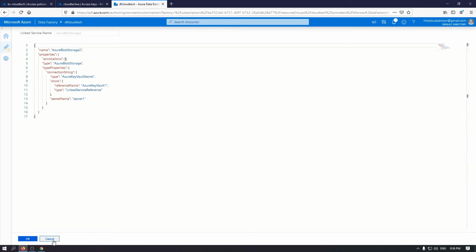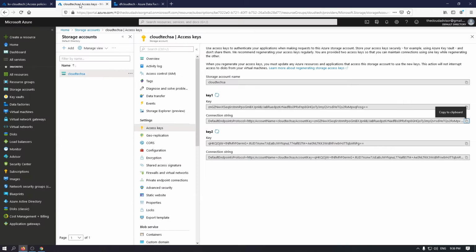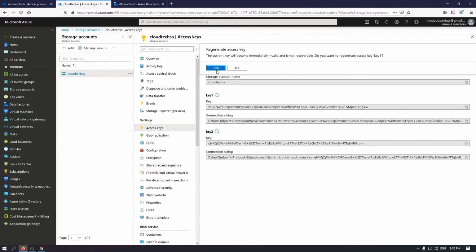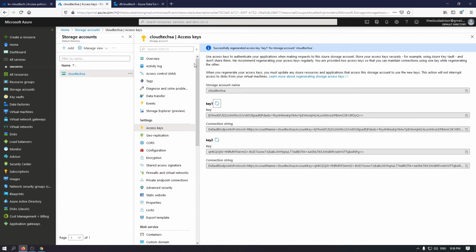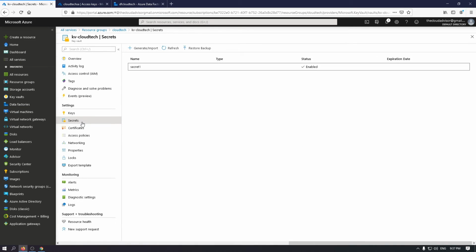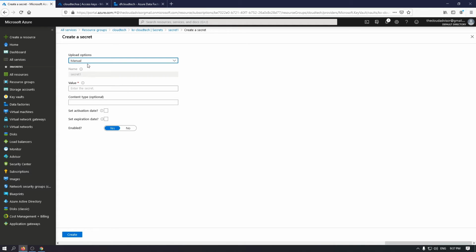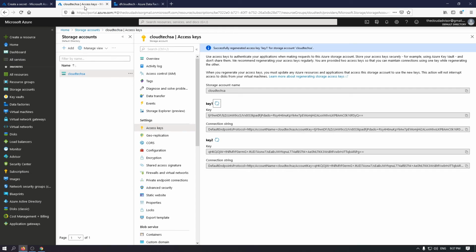Now what happens if you refresh the key, the connection string, of the storage account? Of course, you will lose the connection with your storage. But you can update the secret with a new version.